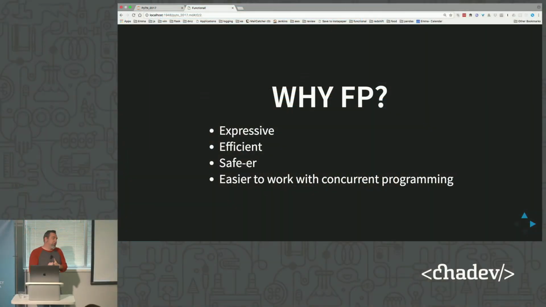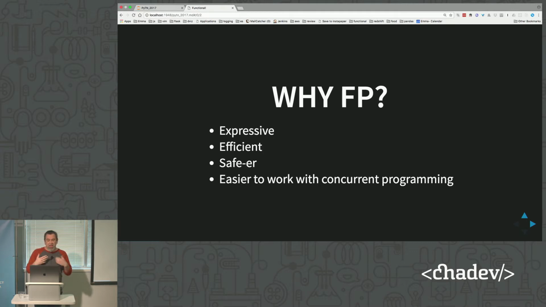Why functional programming? Well, if you actually get to work in a more functional language, functional programming is very expressive. You can do a lot with a very little amount of code. Typically, it's very efficient. You can do things very quickly because of the way functional programming thinks. It's a lot safer. It's not completely safe, it's not bug-free, but you can help eliminate certain classes of bugs when you are able to fully embrace functional programming.